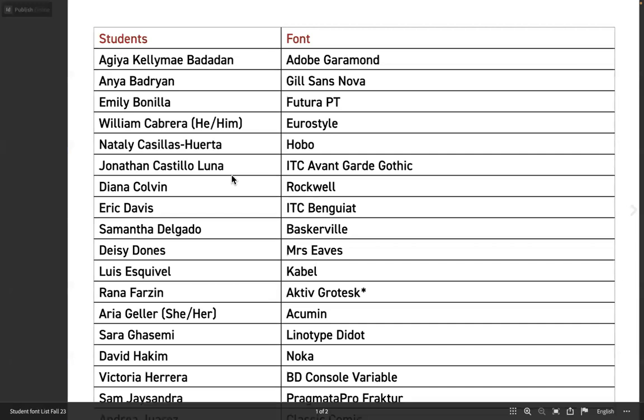Remember that for the first project, what you're going to be doing is creating a poster for a particular font. You're also going to break down its anatomy and show certain parts of it. The idea of this project is for you to get exposed to a variety of different fonts. All of the fonts on this list, by the way, I've chosen from the Adobe font collection,